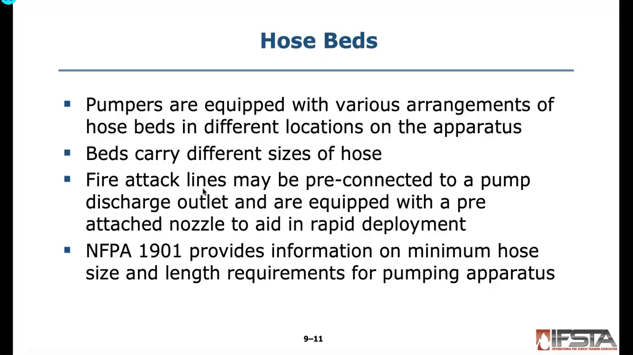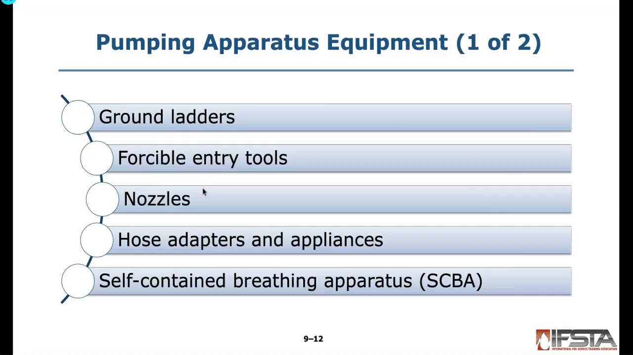NFPA 1901 provides the information on the minimum hose size and length requirements that you need for an engine. Some of the equipment we carry, not a ton of ground ladders. We carry 2 ground ladders and an attic ladder. So our ground ladders are going to be either a 20 or 24 foot extension, meaning you have